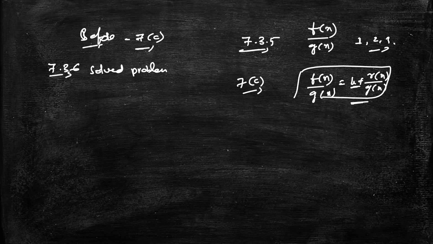Here, if you look at the 7.3.6 solved problem, you will find x cube is equal to, he took 1 by 2 and 1 by 2 (2x minus 1), something like this, plus rx is taken. Here 1 by 2 is the coefficient of this one, and he took it as equal to 1 by 2. He multiplied everything and got some values. Please do that one, it is very important for your board exams.